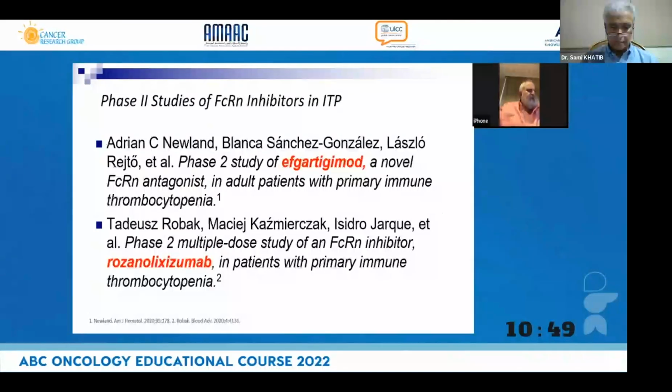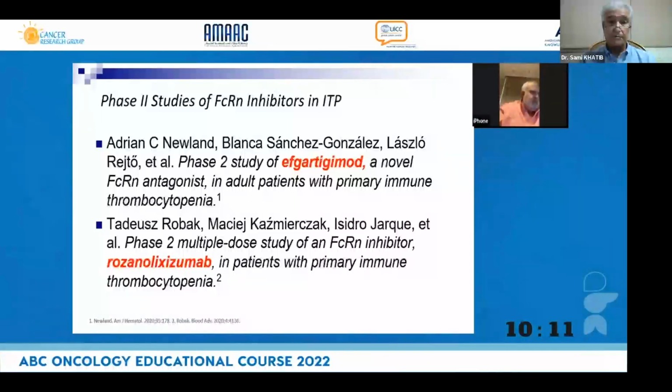What evidence do we have in our hand? Well, I'm going to focus on two phase 2 studies of FcRn inhibitor in ITP. First by Adrian, second by Tadeusz. The first drug is efgartigimod, which is a novel FcRn antagonist, and the second one is rozanolixizumab. You know, it's a little bit complicated to pronounce these, but in both studies, both phase 2 studies,